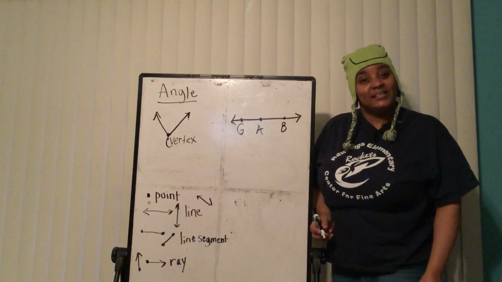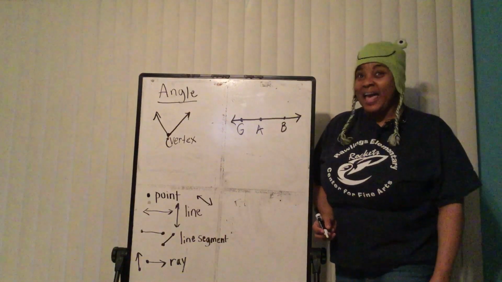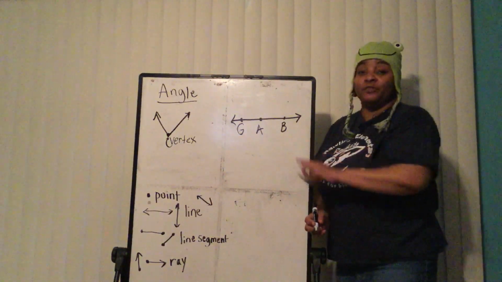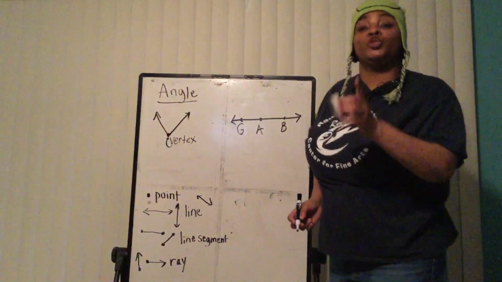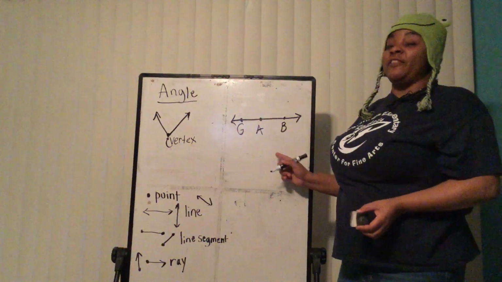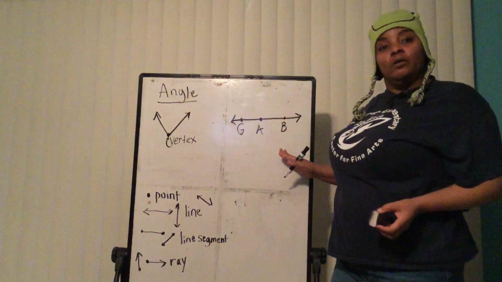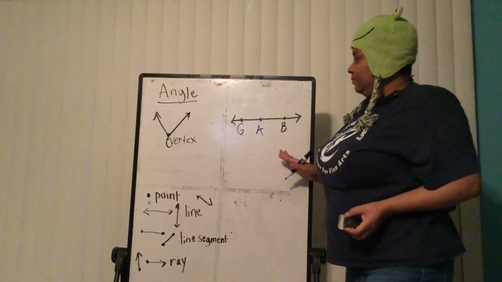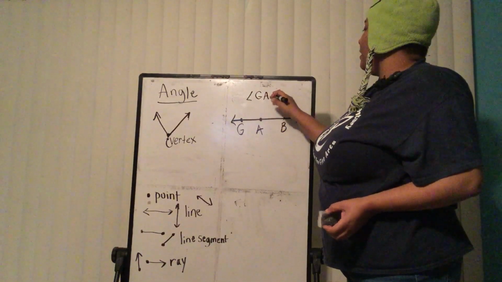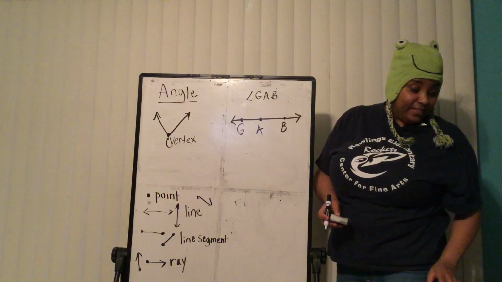What's the name of this angle? Yes, I know you're saying, but that is a line, Miss Hayes. Yes, it is a line. It keeps going in both directions, but it is also known as a straight angle. And we'll get into this more in depth, but I got to get your juices flowing and getting you to thinking. So this straight angle, how could we name it? Angle what? G-A-B. Making a little bit of sense? I think that you got this. Okay?